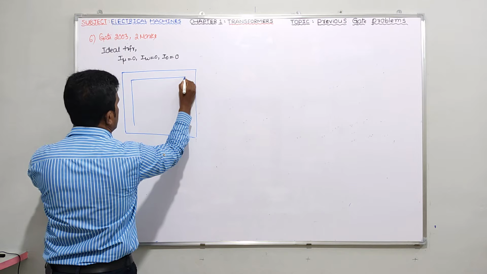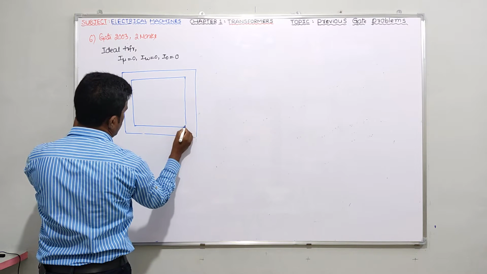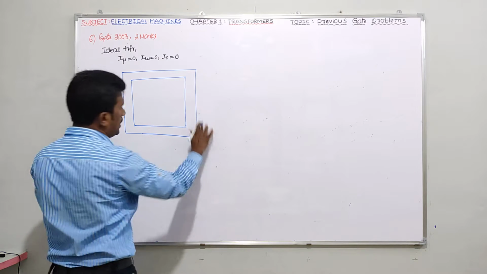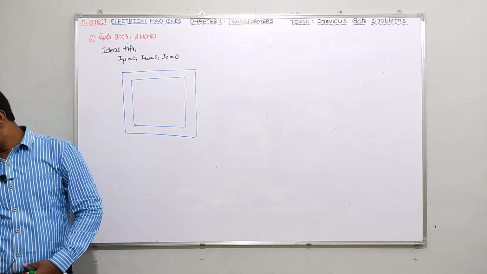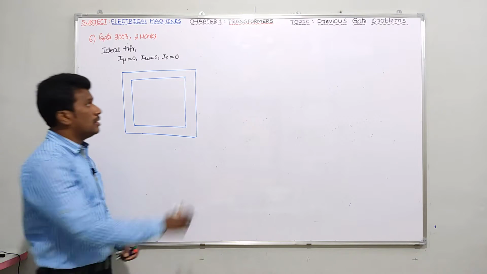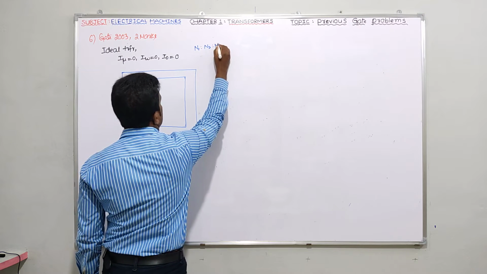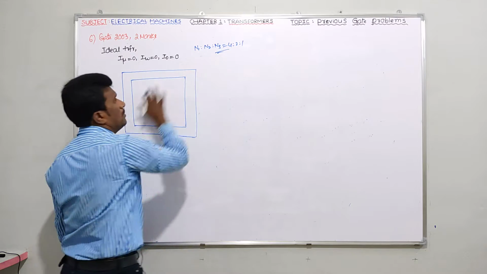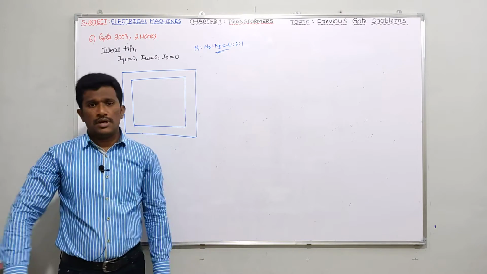It's a 3-winding transformer having a primary winding, secondary winding and tertiary winding also. First of all, let me see the turns ratio so that you can decide. He has given the turns ratio N1 is to N2 is to N3 is equal to 4 is to 2 is to 1. That means you have to show more turns on the primary side, somewhat less on the secondary side, very less in the tertiary winding.